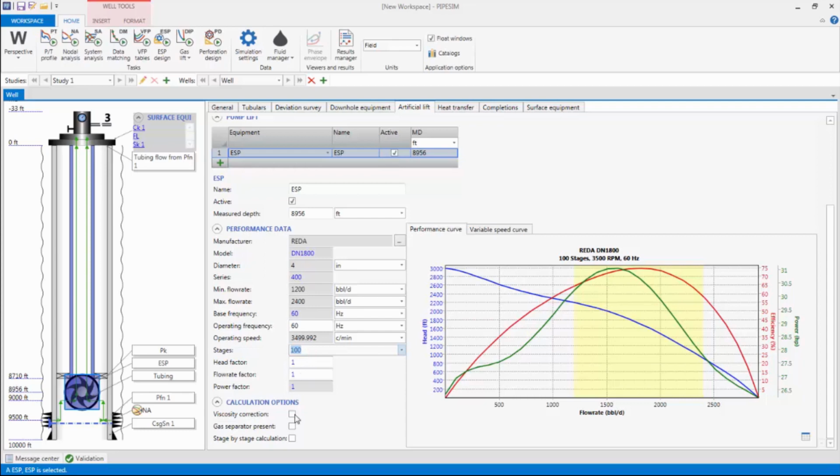I will also apply the viscosity correction to correct the pump performance curves, which are based on water, for the actual oil viscosity. A gas separator can be added as a component to the ESP if the well has a high gas volume fraction. This is not the case for this well, so I will leave the box unchecked. I will also select the stage-by-stage calculation option to ensure that ESP calculations are rigorously done, taking into account losses